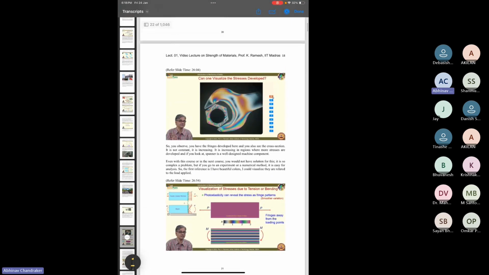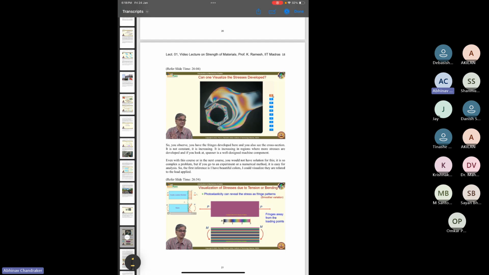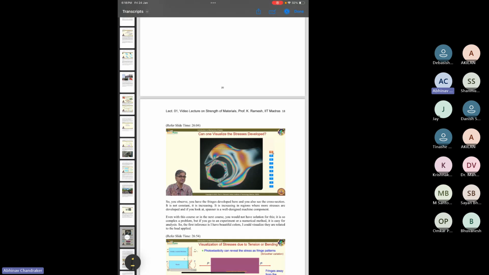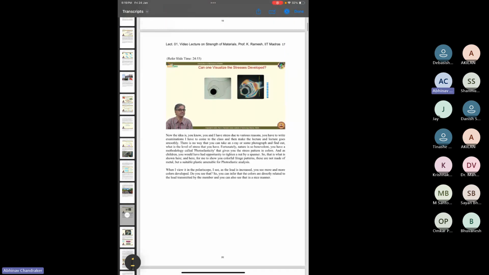Also, Professor Ramesh has been working extensively on photoelasticity for at least two decades or more. And he has tried to club photoelasticity with the simulations which you can get by using finite element methods. From these modeling efforts, it is possible to visualize how stresses will develop in a material when it is loaded in a certain way. But if you want to see it experimentally, there is no way